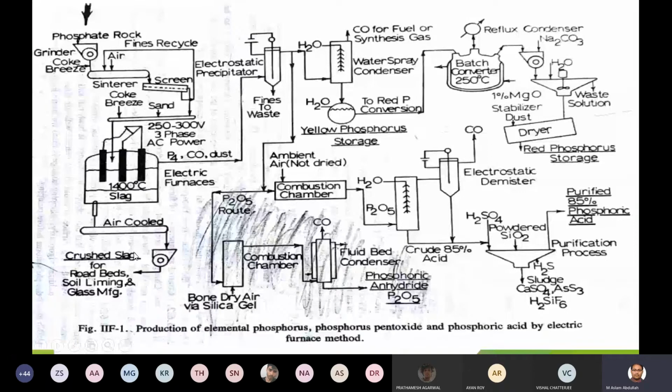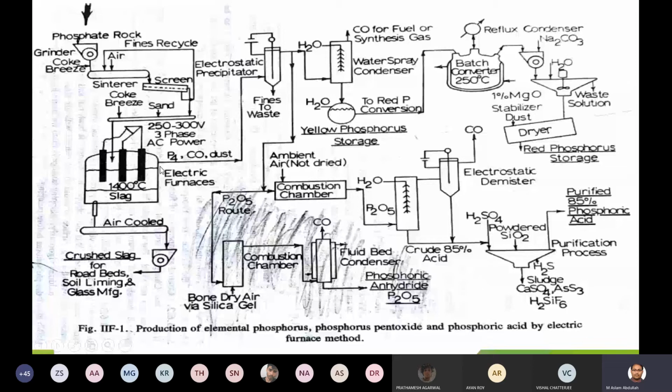We are not bothered about the impurity content that is present in the slag at all. We are worried about what percentage of slag is being formed and how we can utilize the slag. No need to worry about the impurities or the purity content of the slag. We collected it, and finally we can use it in a glass manufacturing unit. You can purify it depending upon the type of glass that you want to manufacture, whether you want to go for a higher quality or produce the cheapest one with a lower quality. This is one part.